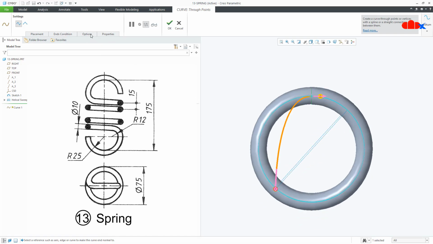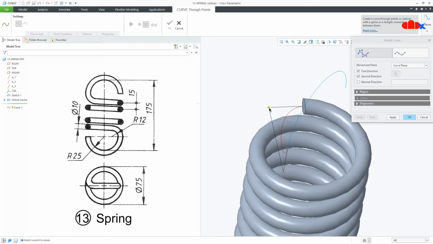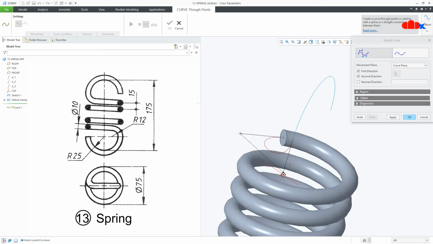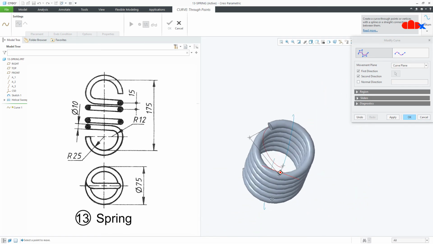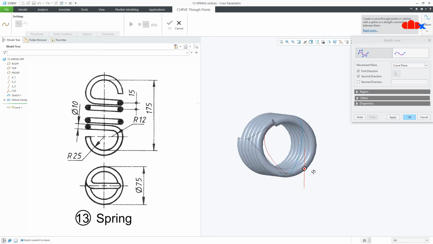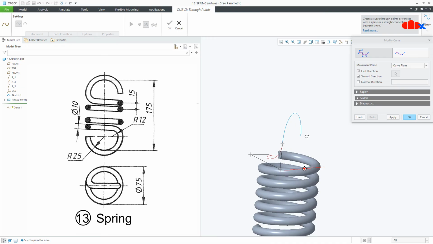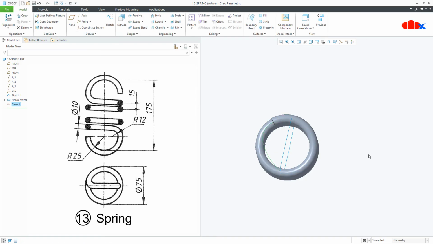Now go to options, tweak curve setting. Now using these 2 points, you can tweak this curve, make it much more smoother. Now I say OK and OK.